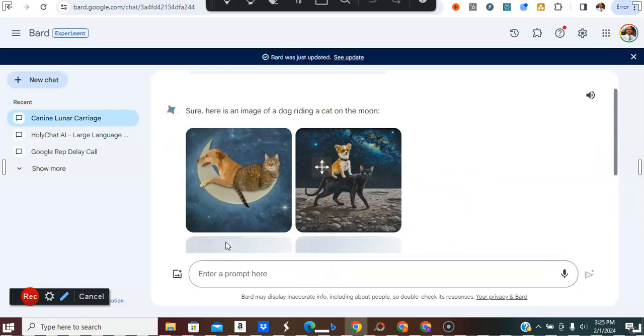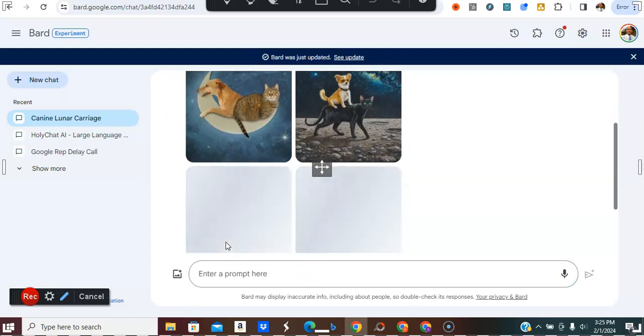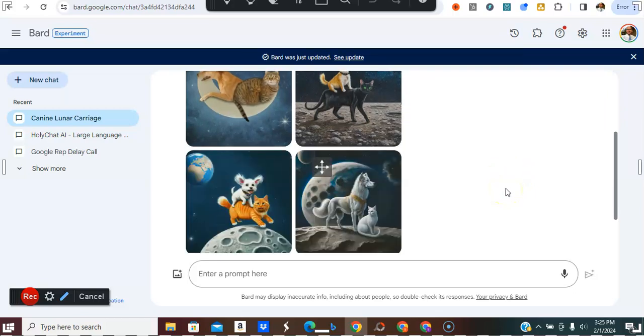Generate more. Let's see what that does. Oh, it just keeps on going. Super cool. They got some really cool AI features in the cloud that I've been testing, and now they have